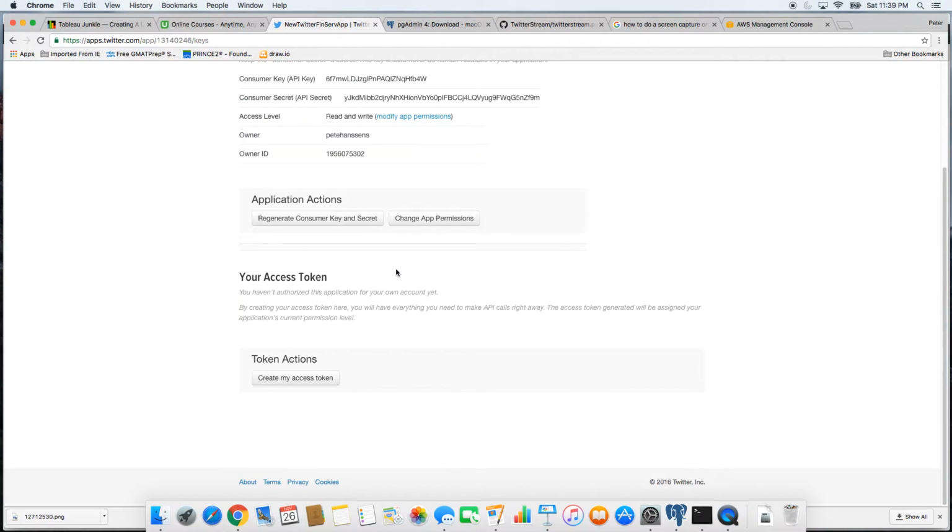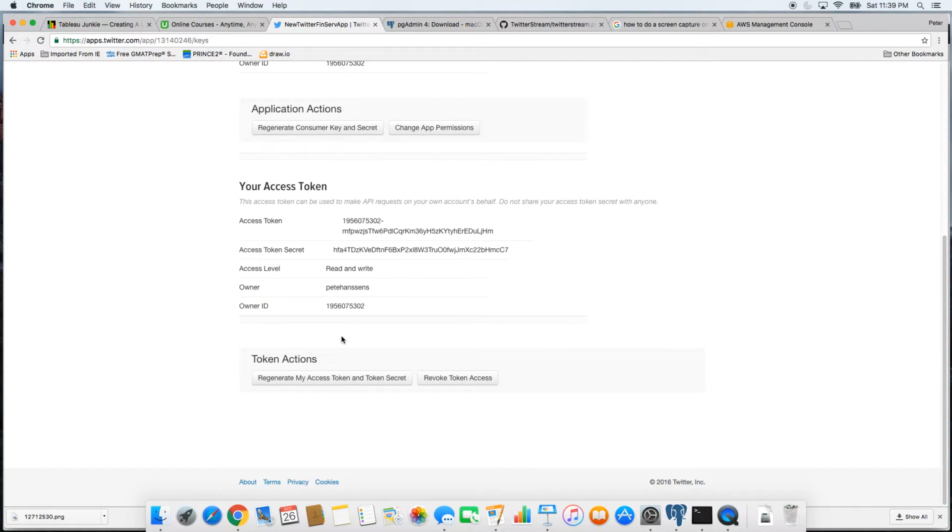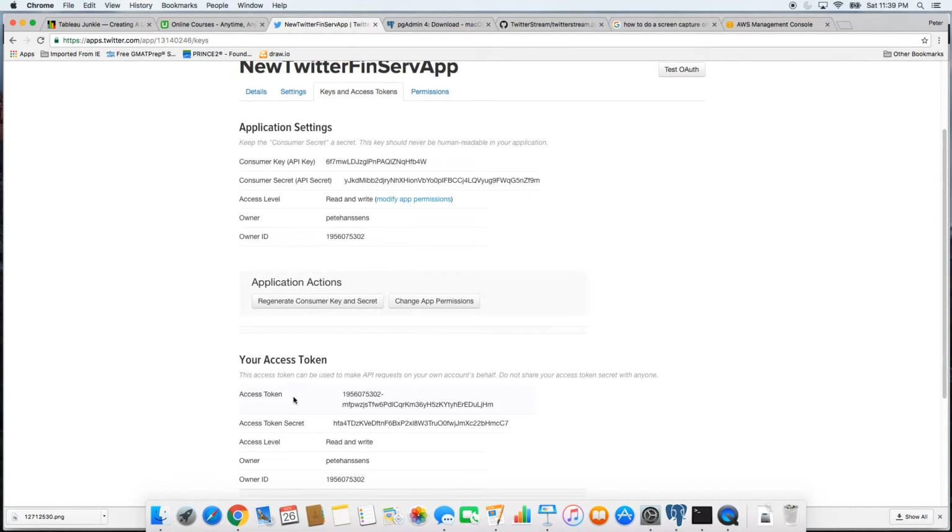Do we want to do that? No, sorry, we'll create my access token. Perfect. So we've got the access token and the access token secret here, and the consumer API and the consumer secret here. Great. All right. So next up, we need to